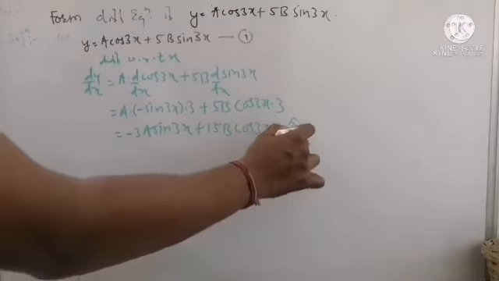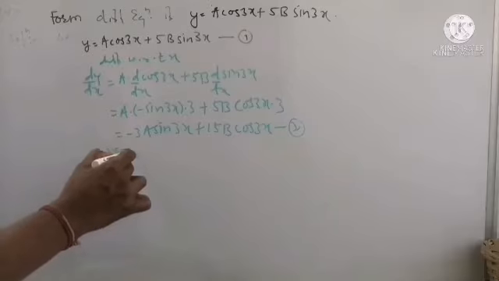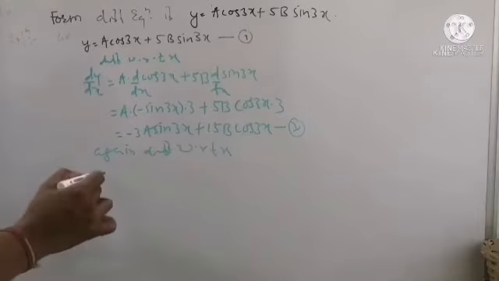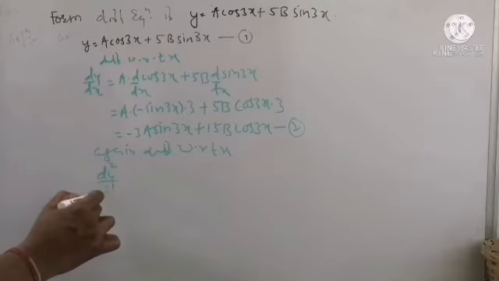Put this as number 2 and again differentiate, as we have to take the derivative 2 times, with respect to x. Now the derivative of dy by dx is d square y by dx square on the left hand side.